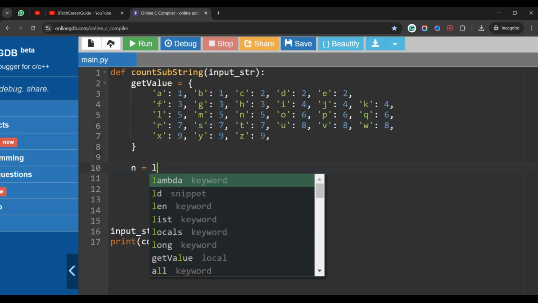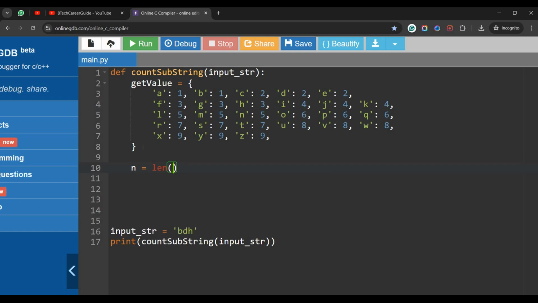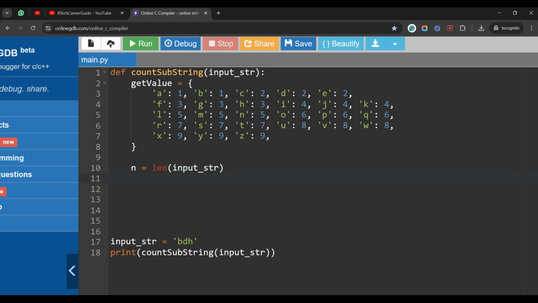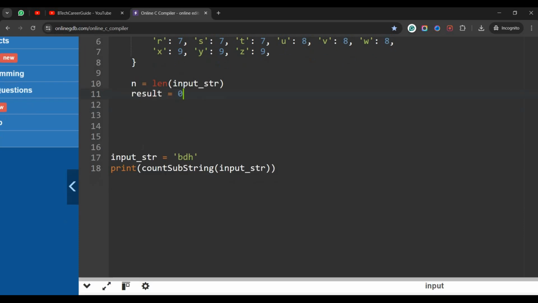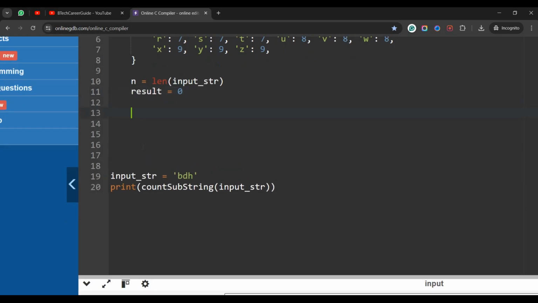So first let us find the length of the input string, as we need to divide with it. We'll be using divide later for the division. So let's have a variable called result. Result we'll set to 0, because we need to count the number of times the sum of length is equal to 0. That's the question, right? Okay, so now what I do is for i in range of